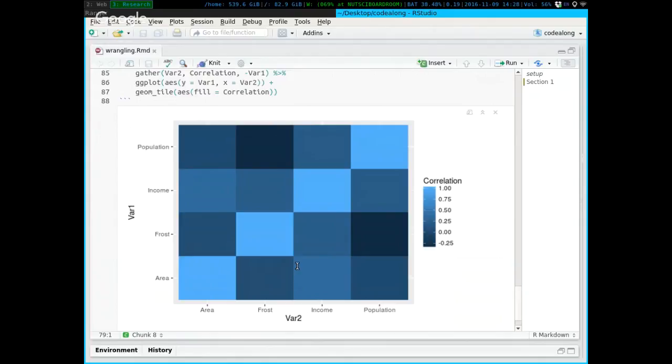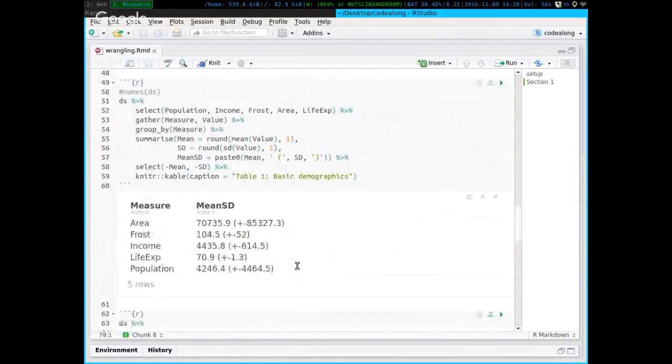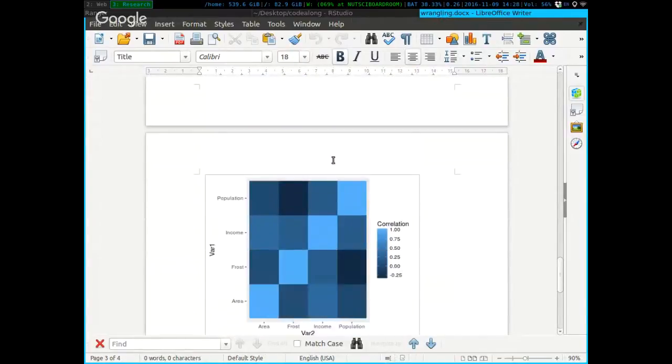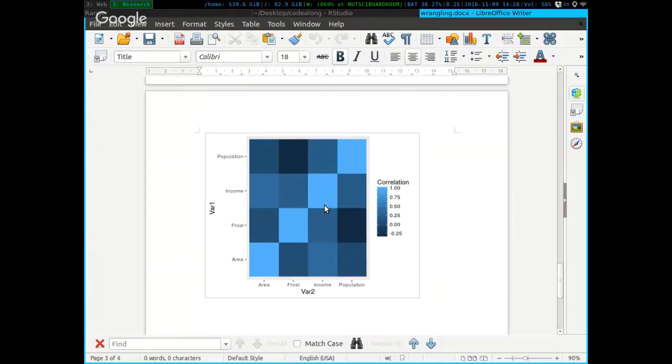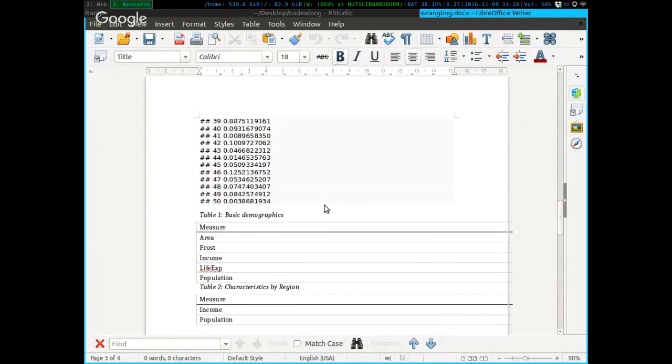So that was a lot. Last thing. You knit this, so knit. It inserts the figure for you into the Word document. So if you do change anything, like if you do change the data at all, automatically the figure gets updated. And that's the usefulness of using wrangling and piping, is that you just take the data as is and then do all the changes and then make a table or figure from it without doing anything else. You just go. It's like a single